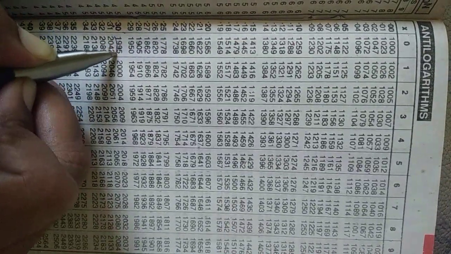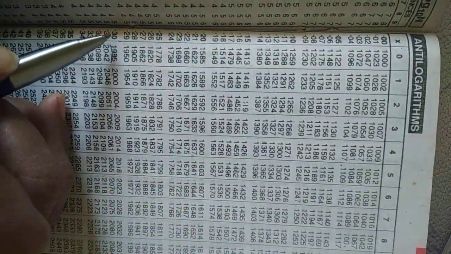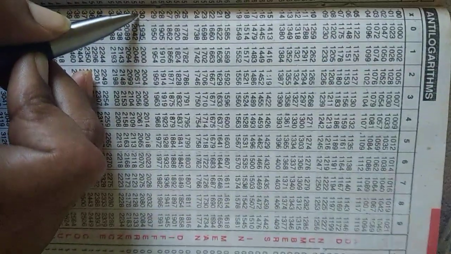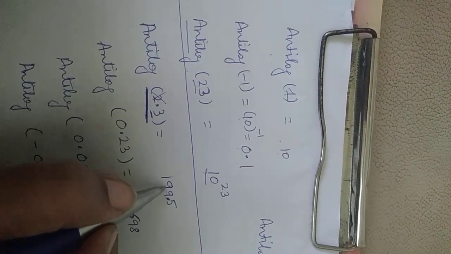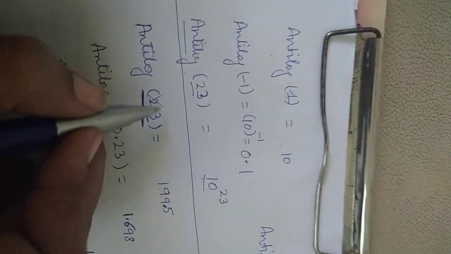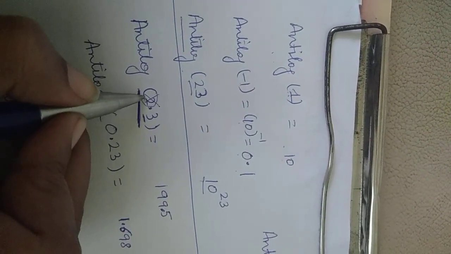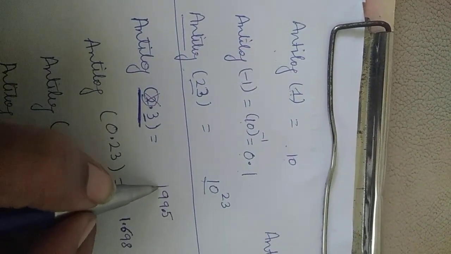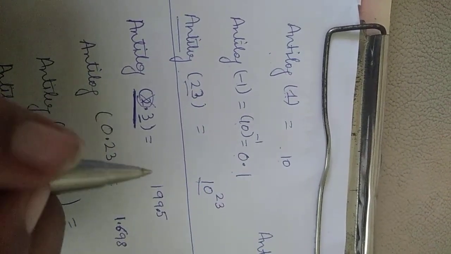You reach here 0.3. The value is 1995 in the anti-logarithm table. Behind the point it is 0.3. So you saw 0.30. You write the value here, 1995. Now you will question how I added this point. Adding this point is very simple. Here I had 2. So add 1 here. After 3 digits from the start, 1, 2, 3, I put the point.